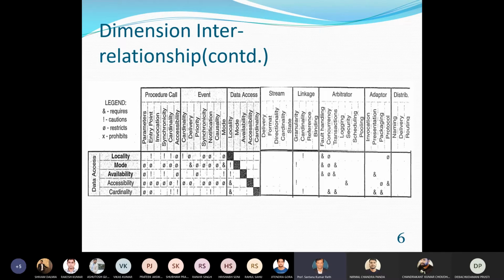Blank means it's not mandatory, but the combination is possible. You can use it. So procedure call parameters with data access locality represents restriction. That means we can use this connector, but for some values it may result in an unreliable connection.